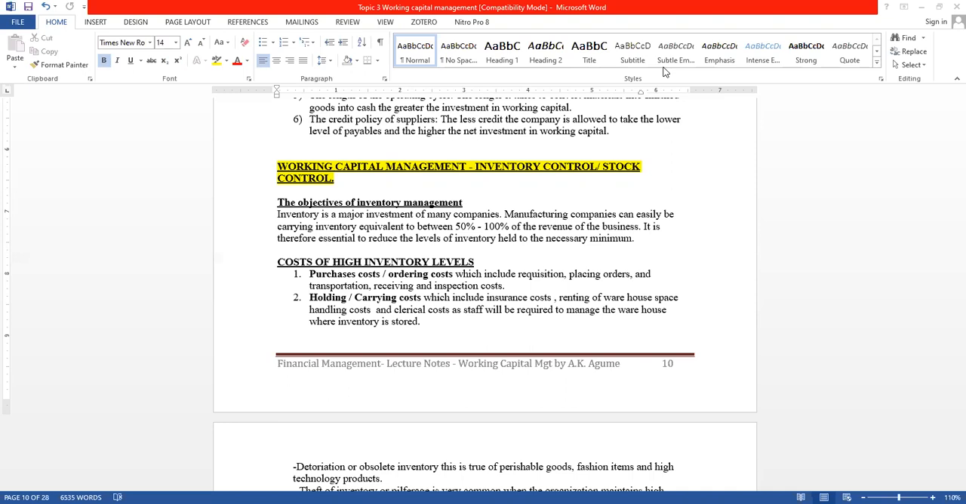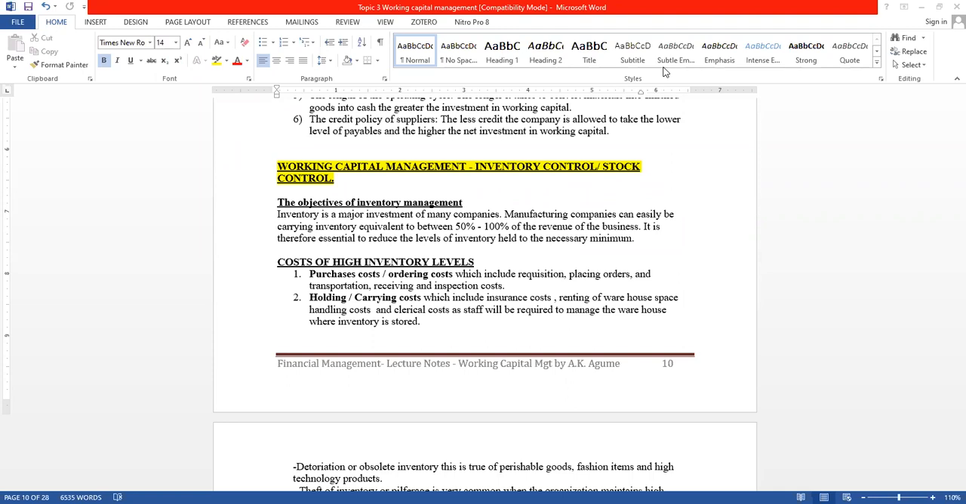Okay. And by the way, when we talk of inventory, we may have different types of inventory. We may have inventory of raw materials, inventory of finished goods, and also inventory of work in progress. So if any of those inventory levels is high, in other words, more than what the organization requires, what are some of the costs that the organization is going to incur? Number one, we have the purchase costs or ordering costs,